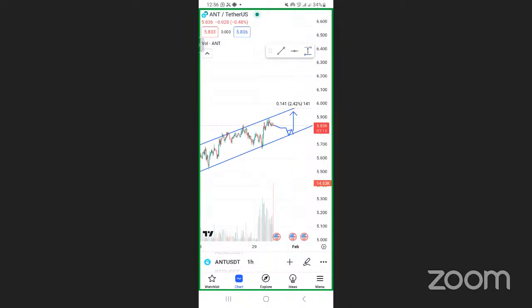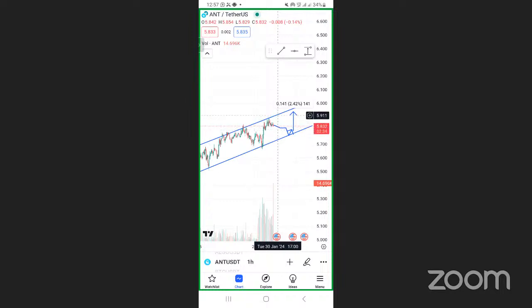At that point, you would tell your robot to pick a 2%. But how do I know that it's a 2%? You just watch this percentage. Are you seeing the percentage? 2.4. So you tell your robot, please enter at this price and then take a 2%. That's how we give you signals. You get it? You tell the robot, this is a buying price. Like for this example, if we are entering from here, at 5 point, the buying price will be like 5.8.